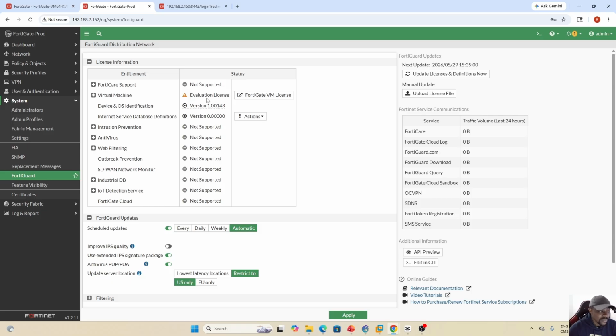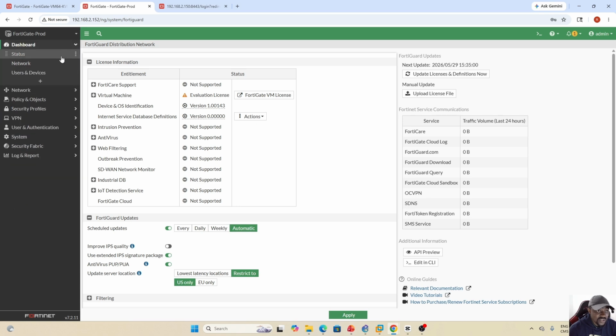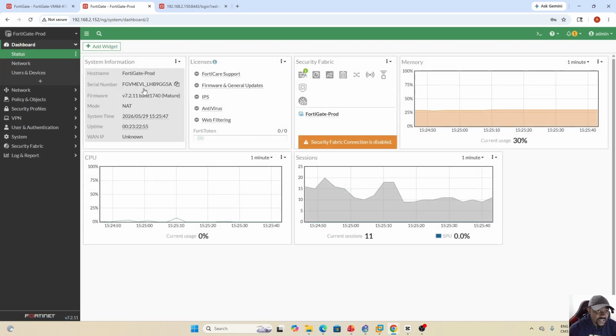So this is how you enable it. I guess you already know how to enable this FortiGate trial license when you want to run a FortiOS version that is greater than version 7.2. So you need to have a FortiCloud account. So I'm still here under a trial license, but as I'm actually using a FortiOS version